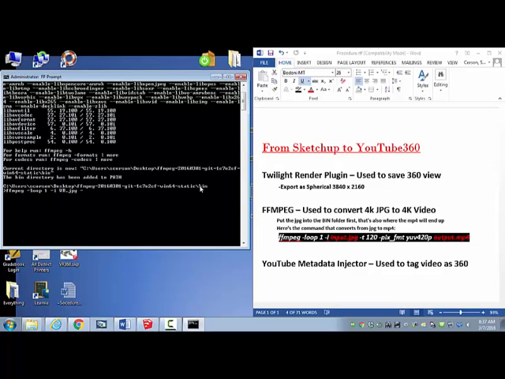space, dash t, and t is time. So 120 would give you 120 seconds or a 2-minute video. You could play with making that shorter or longer depending what you want to do. I'm going to go with the 2-minute video. Space, dash pix_fmt, space yuv